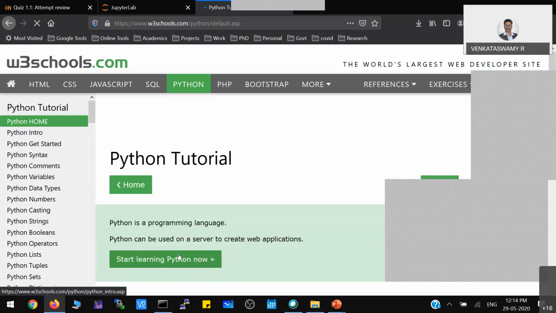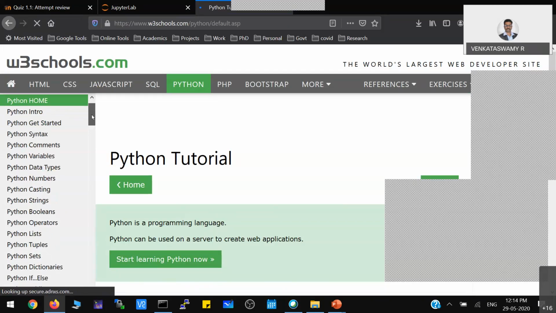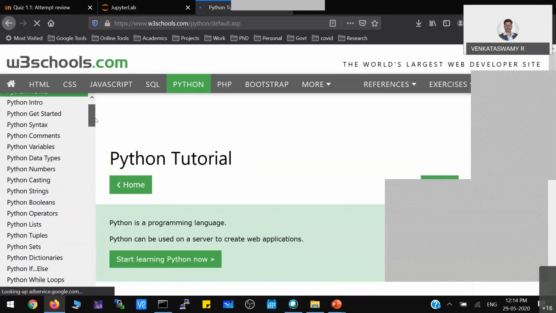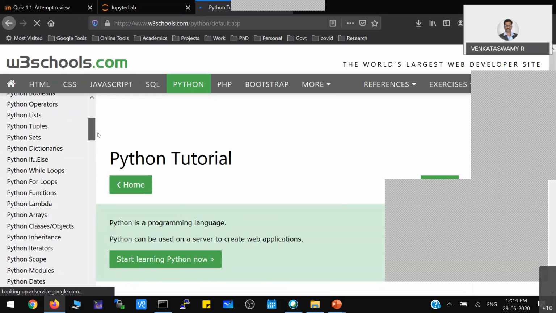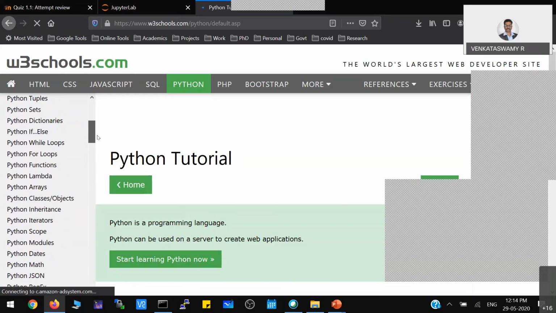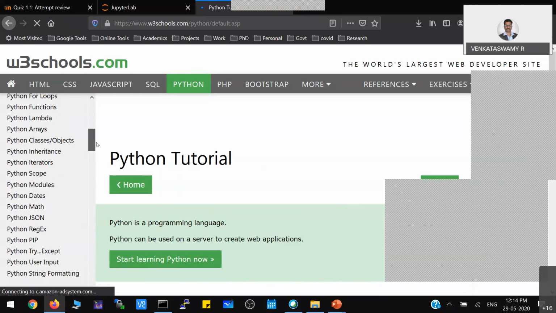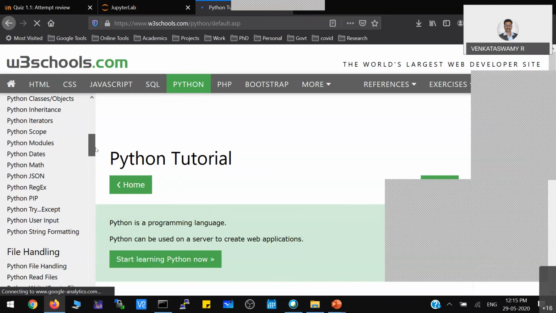If you select Learn Python, you can see a lot of options here: introduction, variables, data types, numbers, casting, strings, booleans, operators, lists, tuples, sets, dictionaries, if else statements, while loop, for loop, functions, lambda, arrays, all those things are there.